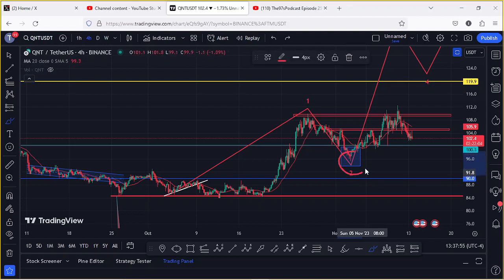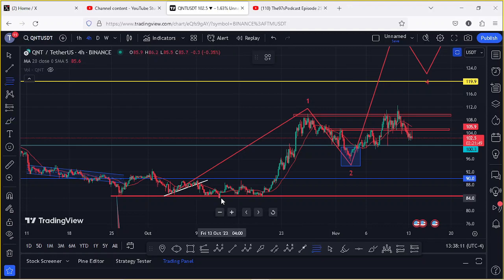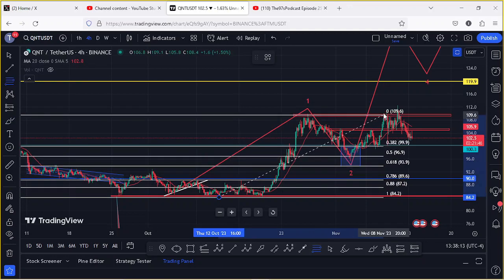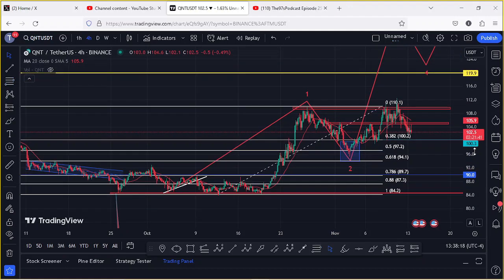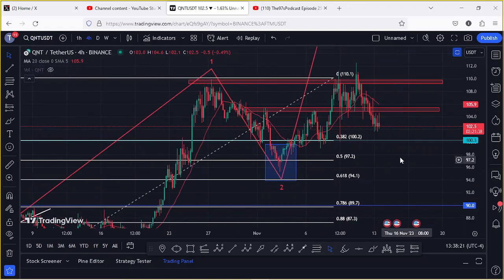And after seeing the formation of that first wave, we started a corrective structure in the formation of this wave 2 in a move that gave us a pullback into the minimum target area for the second wave, highlighted on the charts using this blue target area, which is an area that I came up with by connecting the Fibonacci from the low of the first wave down there to the high of that wave 1, giving me a minimum pullback target area for the second wave between the fib level 0.382 and the fib level 0.618, and that is between the $100.2 mark and the $94.1 mark,